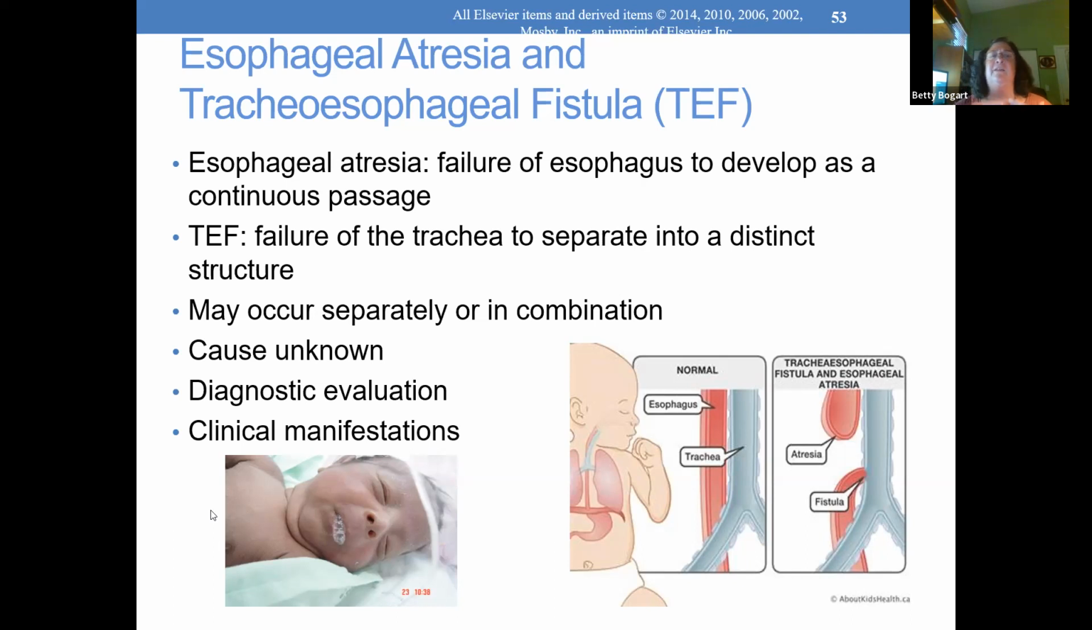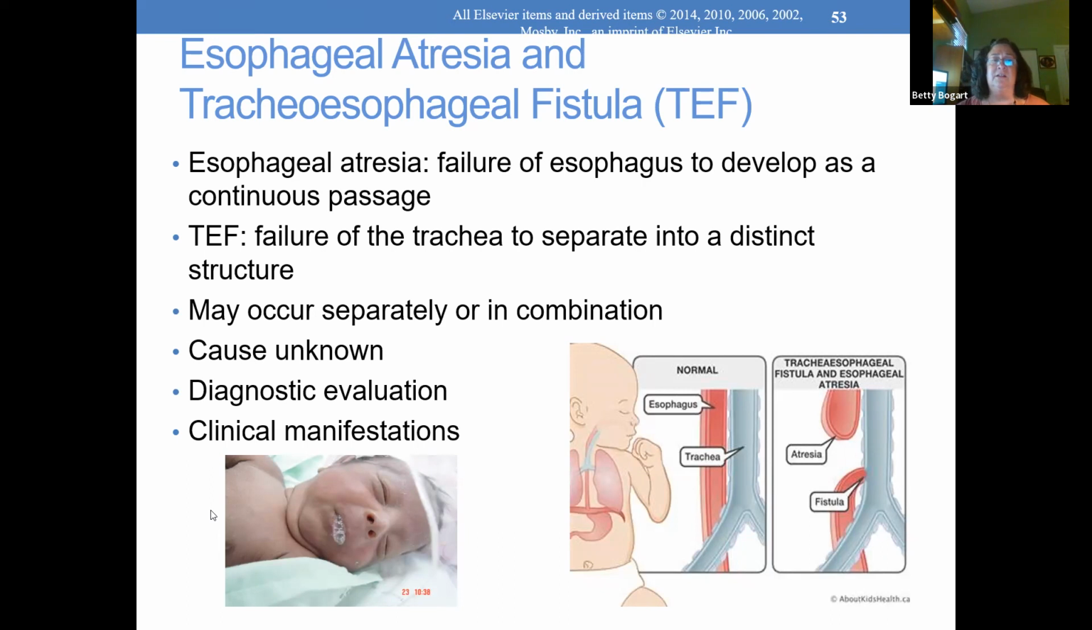So there is the trachea, and the esophagus, and there's an abnormal connection between the both. So what happens? You swallow into the esophagus, right? And it goes directly over through the fistula into the lungs. So this child cannot eat until this is repaired, because your food, even your saliva in your mouth, is going